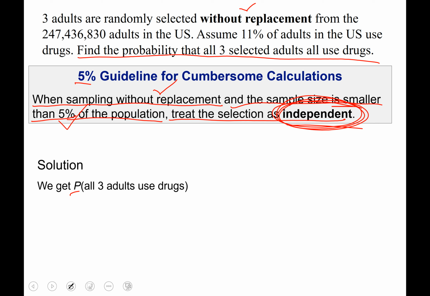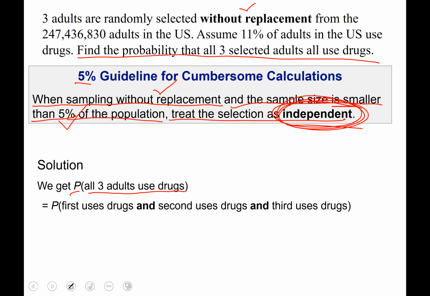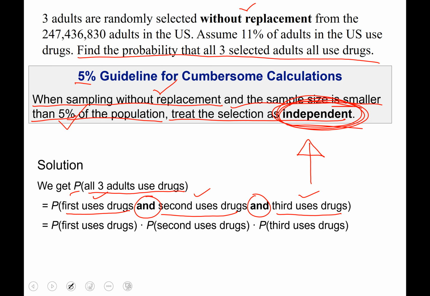That would look like this: probability of all 3 adults use drugs. That would mean that the first person we surveyed uses drugs, and the second person surveyed uses drugs, and the third person surveyed uses drugs. And then there's no adjustment to make or anything to subtract out because we're saying independent. So this person, independent of that person, independent of that person. So don't worry about making adjustments given like the first person was already pulled from the population and then the second person was already pulled from the population. Just go ahead and treat this as 3 separate